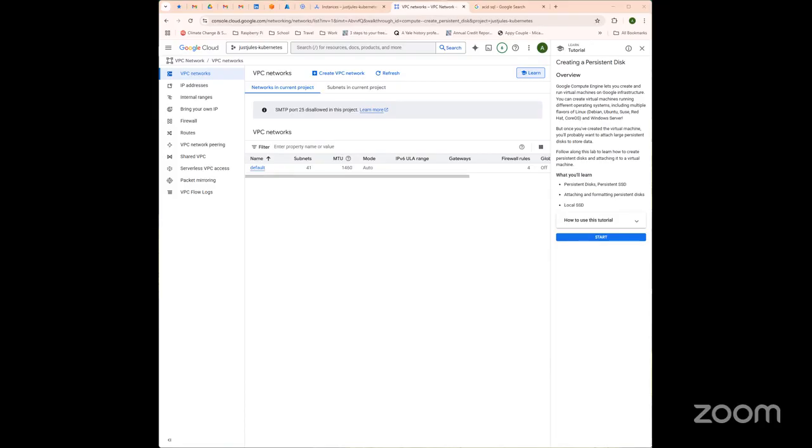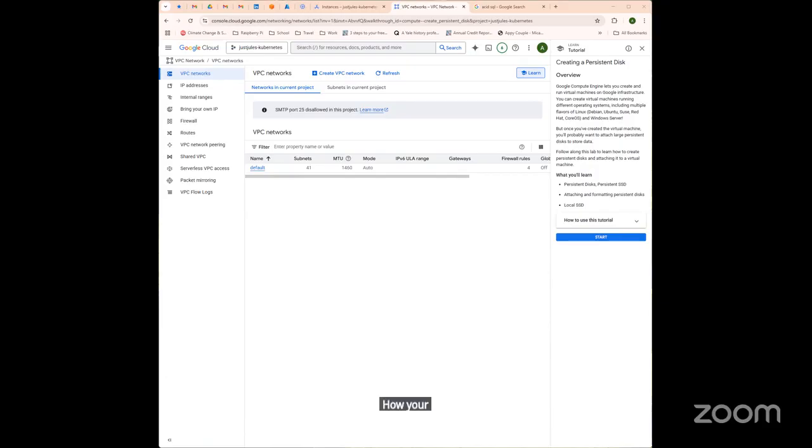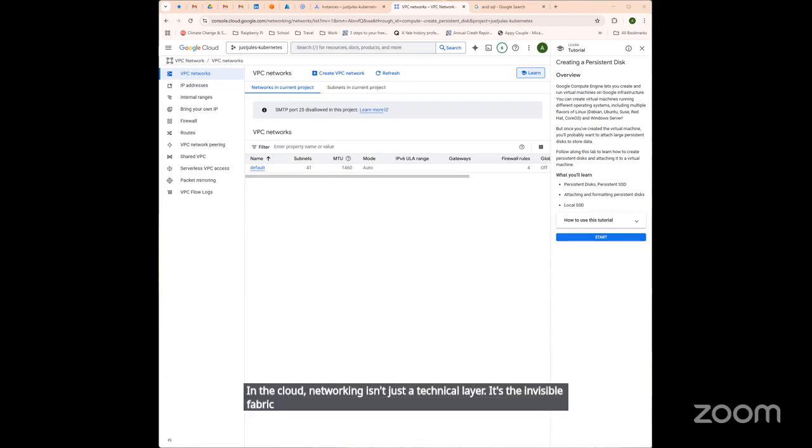Welcome to the next key pillar of Google Cloud, networking. Now that we've explored compute and storage, it's time to talk about what ties everything together: how your resources communicate, scale, and stay resilient across the globe. In the cloud, networking isn't just a technical layer, it's the invisible fabric that determines your application's availability, speed, and